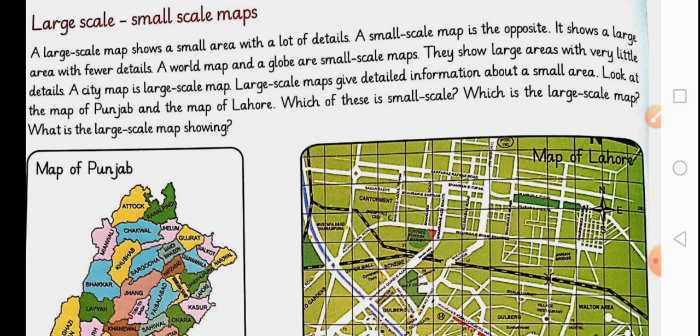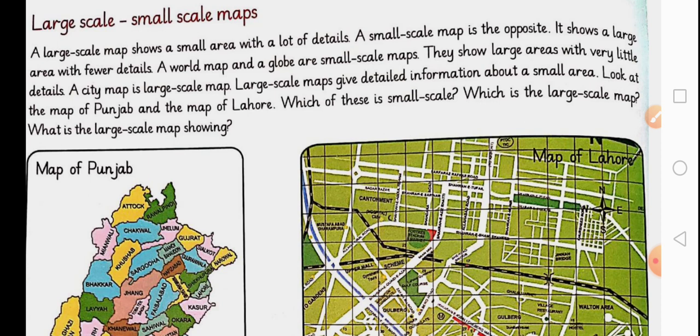Then there are large scale and small scale maps. A large scale map will tell you about a small area, for example Islamabad, but it will have great detail of that city. It will tell you about all the important places in Islamabad: all the hospitals, important highways, roads, airport, restaurants, hotels, parks, and recreational spots. This map will be called a large scale map. It will have a small area but with large details.